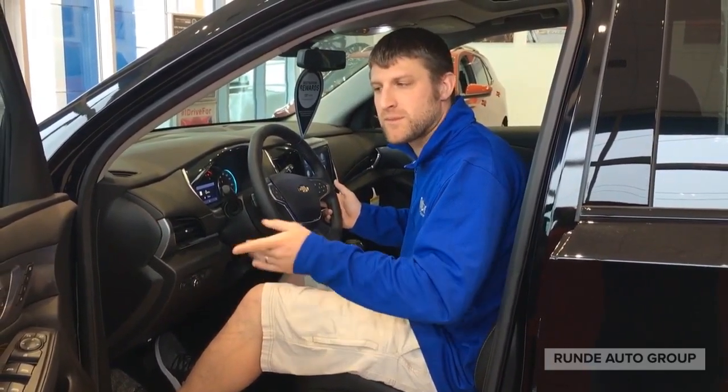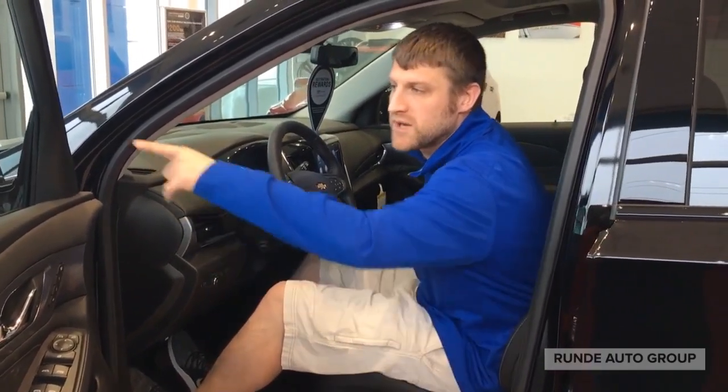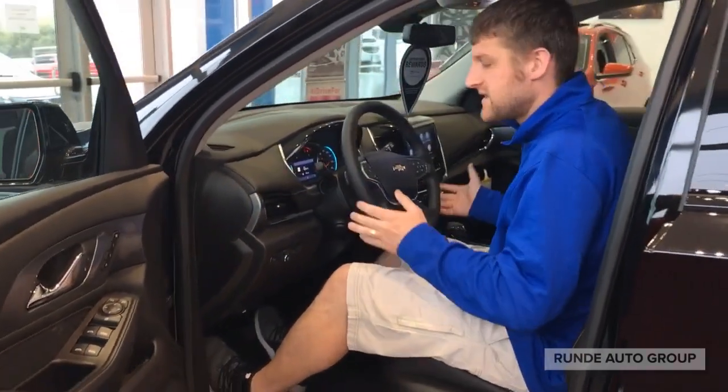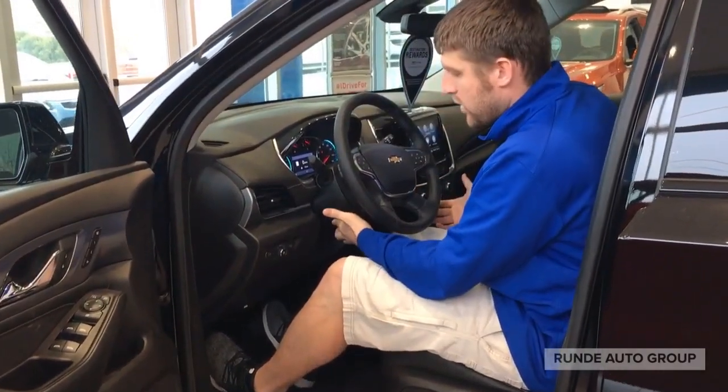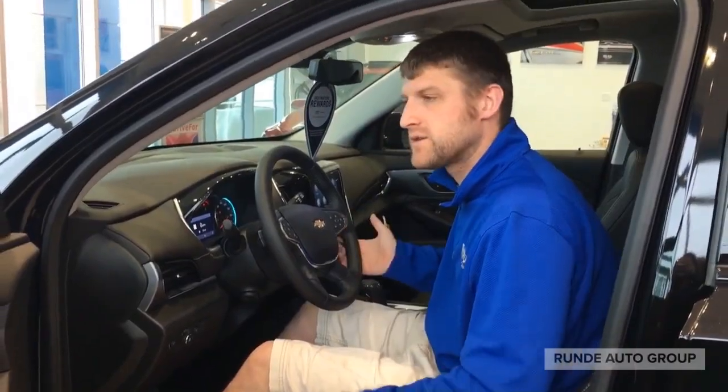And another thing to keep in mind with these memory seats is it sets the seat, but it will also do the mirrors. So you can set your mirrors how you want them. And then certain vehicles, if they have the power steering tilt, it will do that. So they'll do your seat, tilt, mirrors,